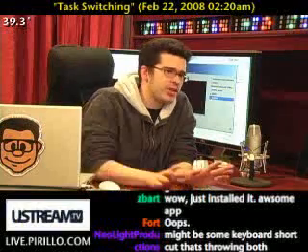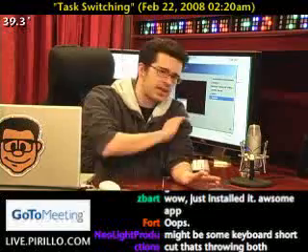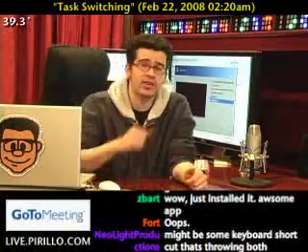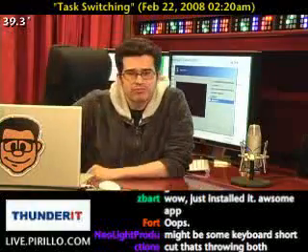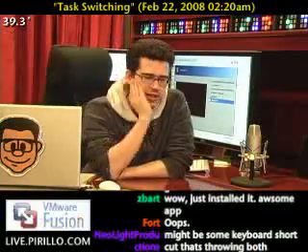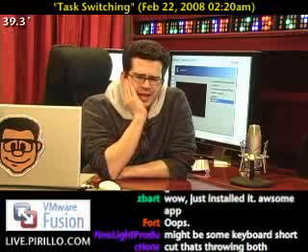Every power user uses Alt-Tab. It's the keyboard shortcut that probably beats all other keyboard shortcuts. Or in the case of Mac OS X, Command-Tab. Does the same thing. It switches between all the open programs, applications, if you will. Inside of Windows,